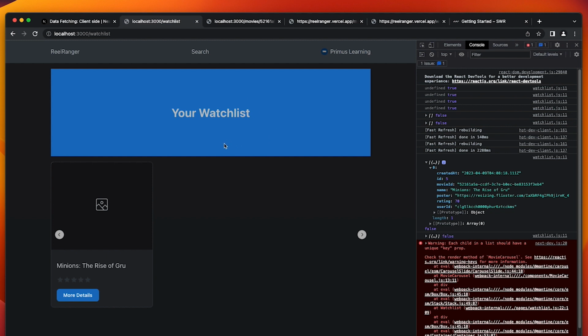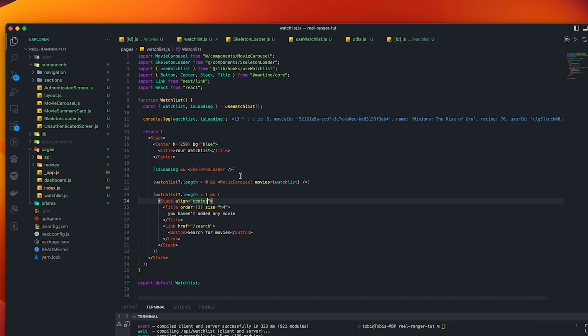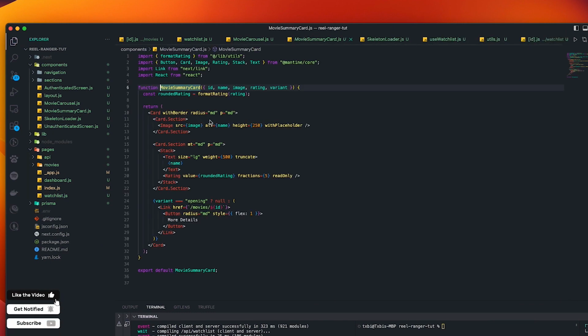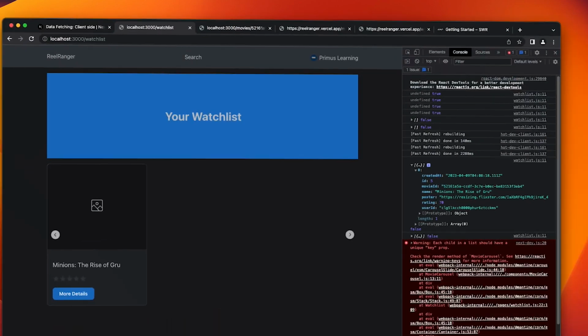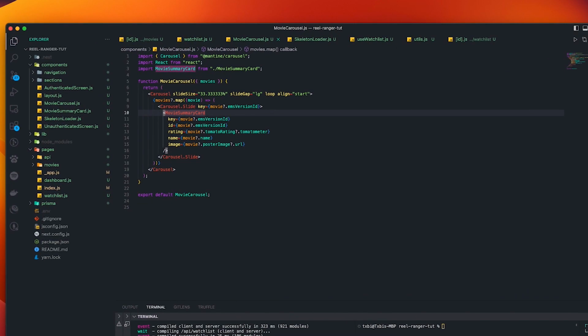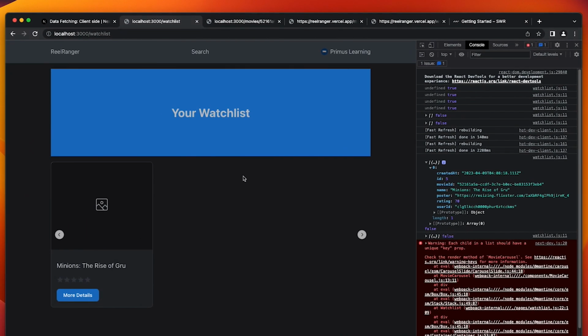So that's basically it. Let's see if there's any other correction to make, because our carousel isn't displaying what we want yet. So we are having different properties here. So the image is not loading because we're having poster. However, if we quickly open our movie carousel, movie summary card, you can see we are passing in the version ID, tomato rating, name, poster image URL. But that was when we were getting it from our API. But now we're getting it from our own database. So we are going to have conditional statements